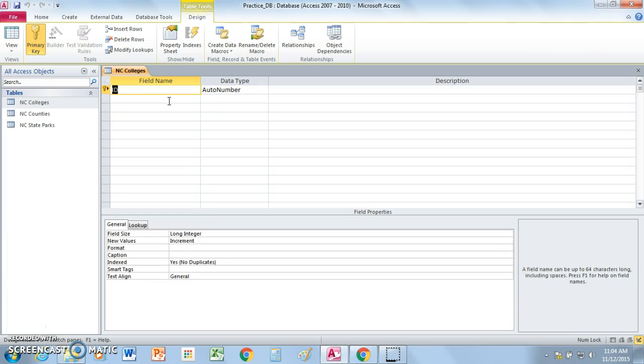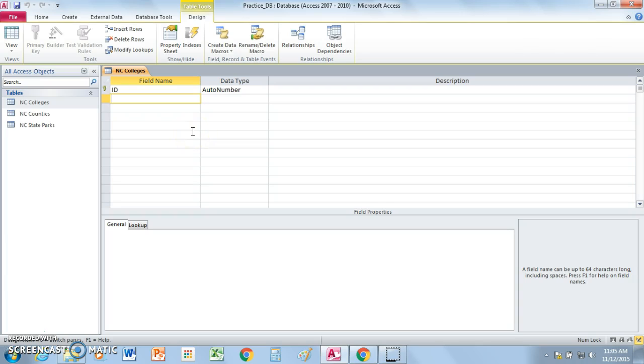Field names are the categories that you must create so that correct data can be put into the database, and you can also search the database to find the information that you need. The very first field name, ID, we're going to leave that alone. That is one that comes up automatically, so we're not going to make any changes to that. So instead, we are going to go down right underneath it, and the first field name, we'll just call this college